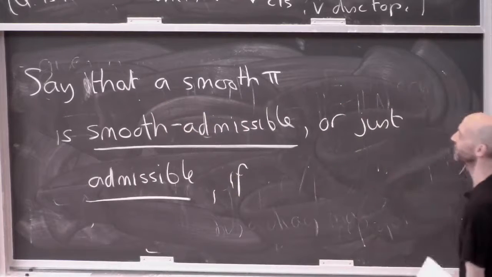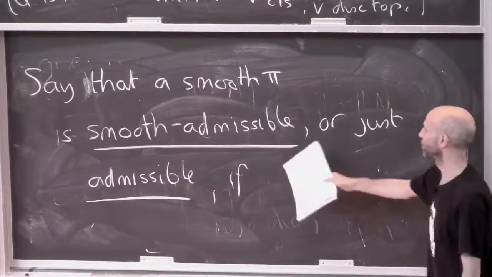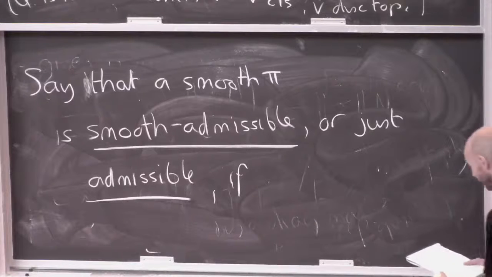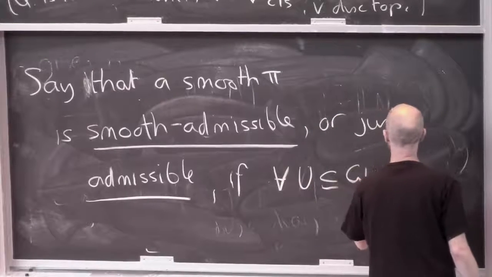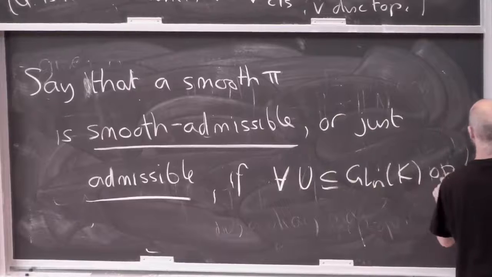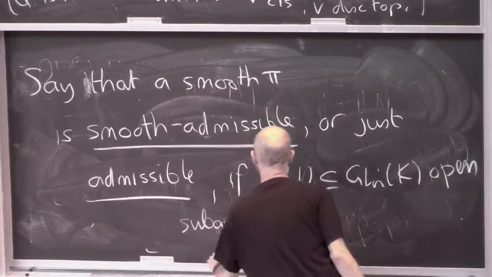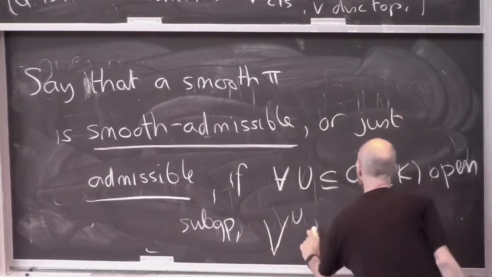It's a terrible word anyway. Because it's one of these things, it sort of might have sounded like a good idea at some point, but it doesn't really tell you. Admissible, what does admissible mean? It means it's allowed, right? It doesn't at all describe what the definition is. If I asked you to guess what the definition is, you've got no chance at all, right? What is the definition? It's this: if for all u living in GLN of K open subgroup, the things fixed by u is finite dimensional.